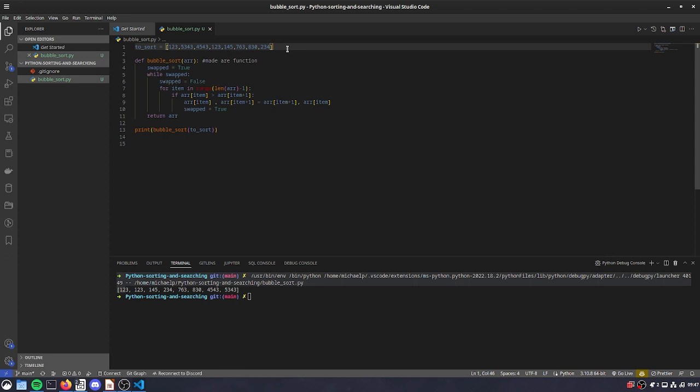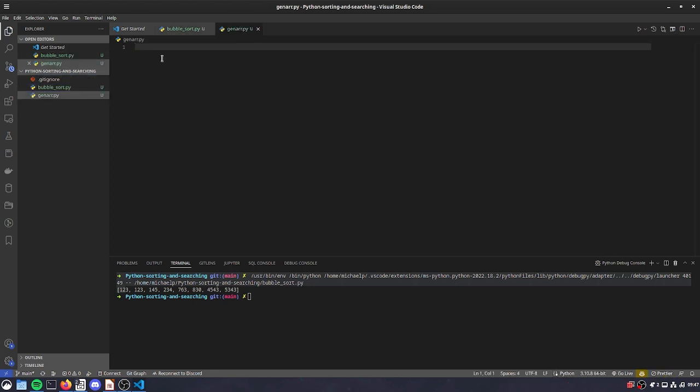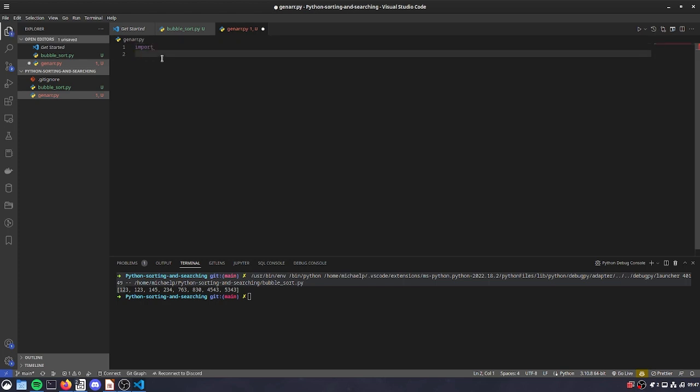Doing it with 5 or 6 items is a bit boring. So why don't we generate our array? Because we can generate an array really easily, so let's do that. And then if we do future sorting systems, we would want larger arrays to make it easier to compare speeds. So let's make a new Python file called genArray.py. What we're going to do is we're going to import random. And we're going to make a new array called num equal,